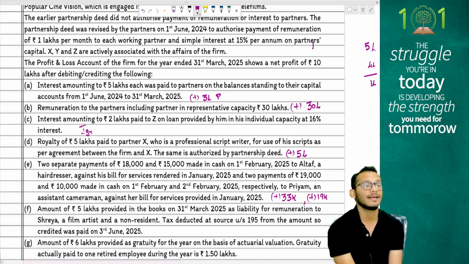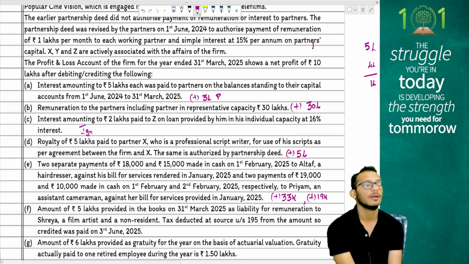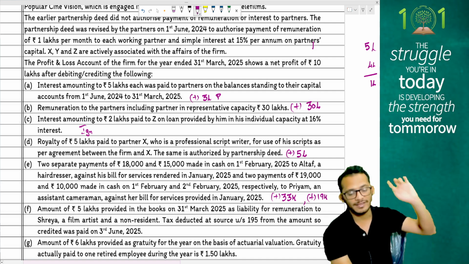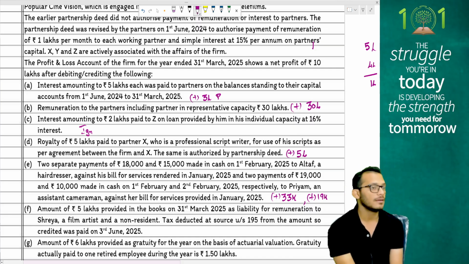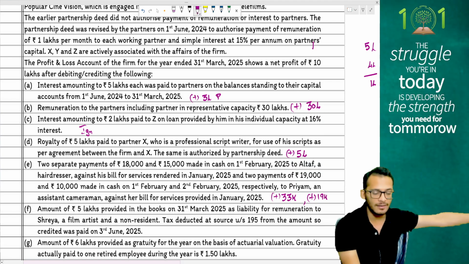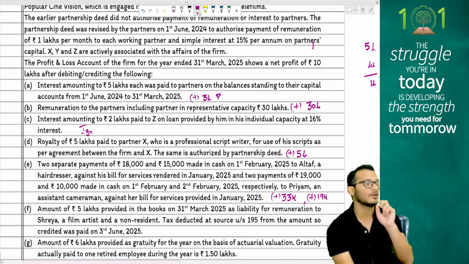People, again, the line item is of TDS. Two rules in TDS: you have to deduct before 31st March and deposit before 31st October. This is a firm, so 31st October. Now comes the question, payment has happened on 3rd June, but when has the deduction taken place? People, that is the million dollar question, because they say 5 lakhs is provided in the books, but they say tax has been deducted and credited was paid on 3rd June, which means credit happened on 3rd June. Now you need to ask yourself a question. Credit means what?